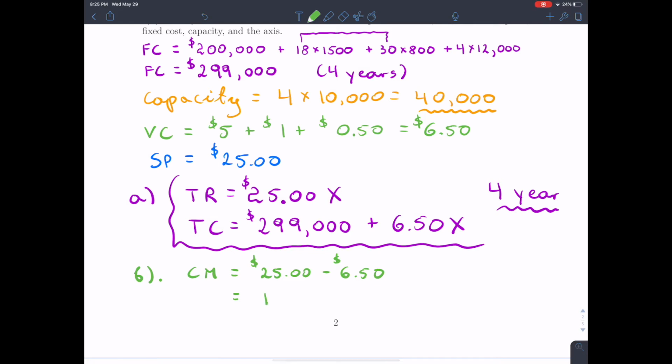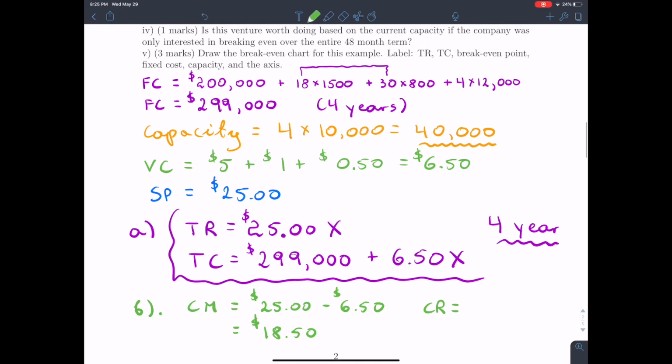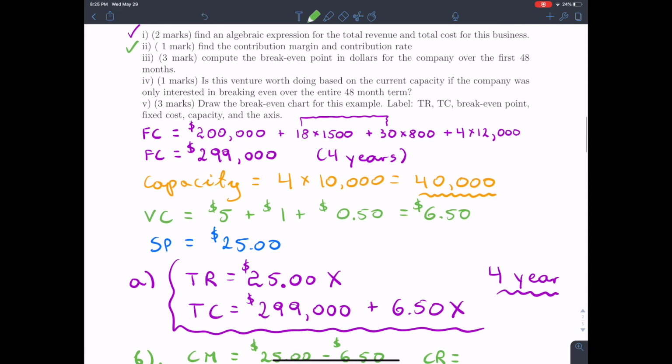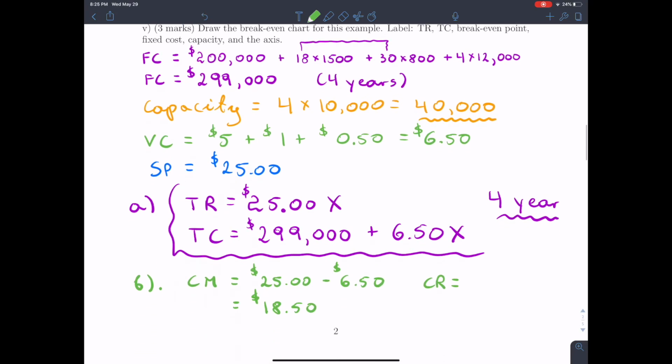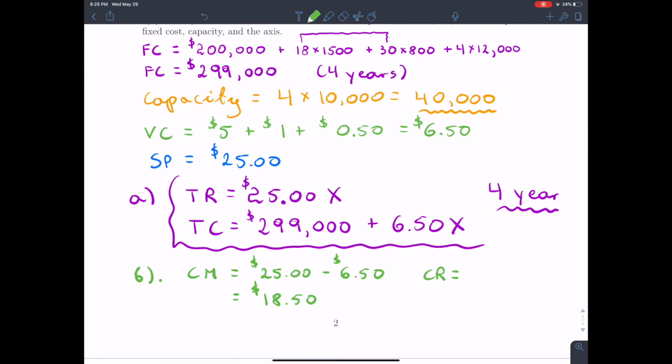So this becomes $18.50, and contribution rate. Okay, so that I have, believe that they, yes, so they do also ask for that. So my contribution rate, it's contribution